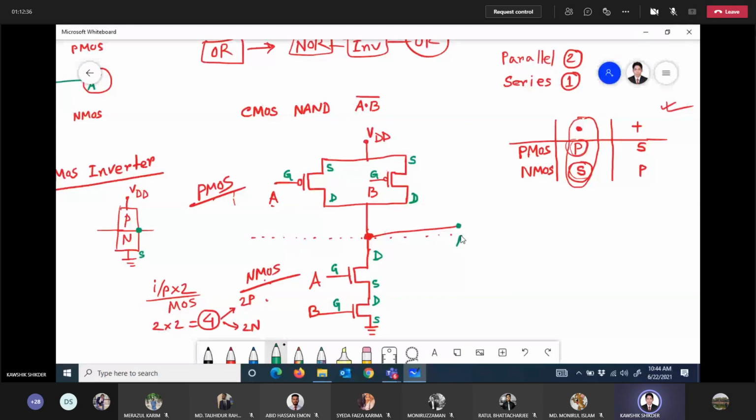So at this point the output is A dot B whole bar, the NAND gate. Now if you are asked to design A dot B only, then what will we do? If asked to design A dot B, that means an AND gate,